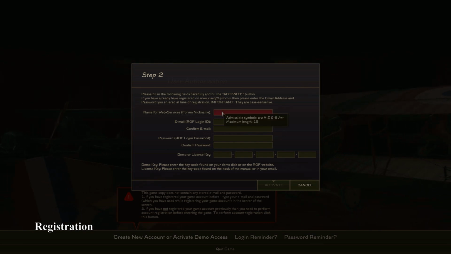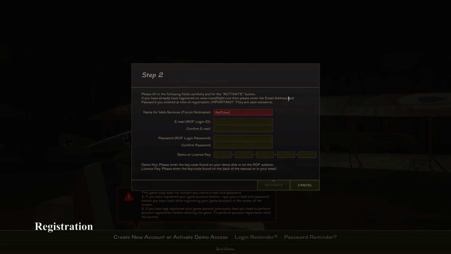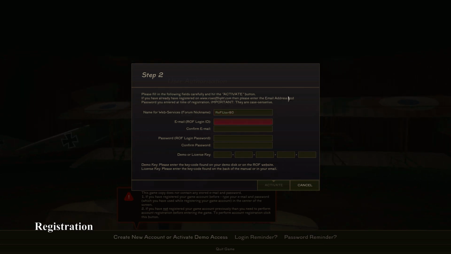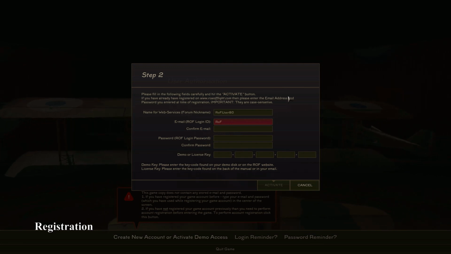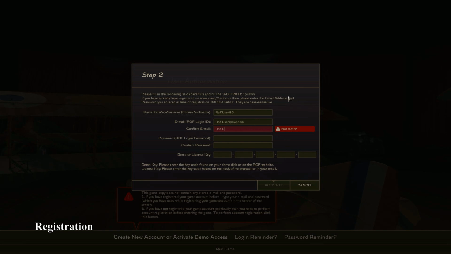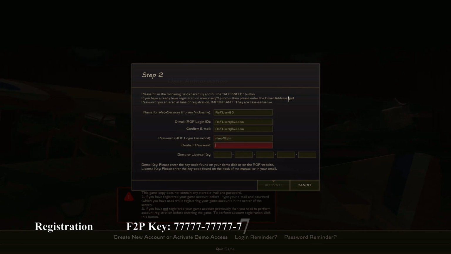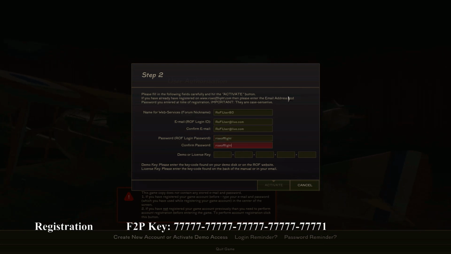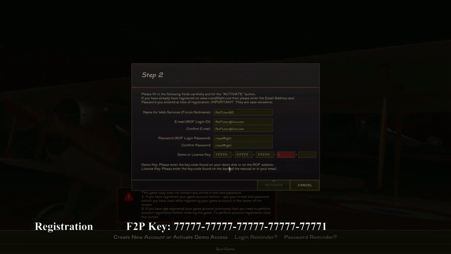information accordingly. It's important to remember that the account login you create here is also your account on the Rise of Flight website, where you can purchase downloadable content for the game, such as extra aircraft. Also, the key we need to input here depends on if we have the retail or free-to-play version of the game. Retail versions have their own keys, but I'm going to register using the free-to-play version, so I will input that key. This free-to-play version gives me full access to all game modes in Rise of Flight using 2 aircraft